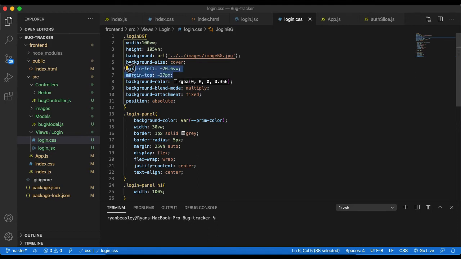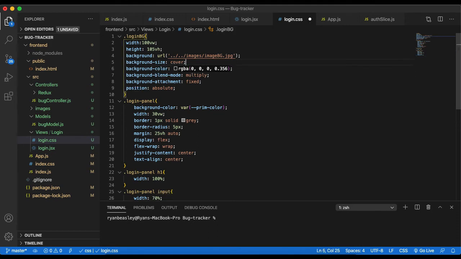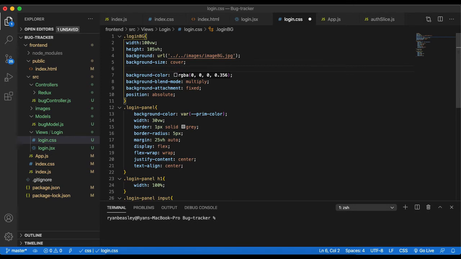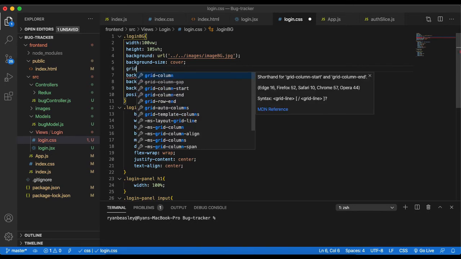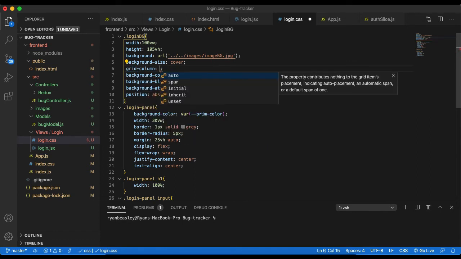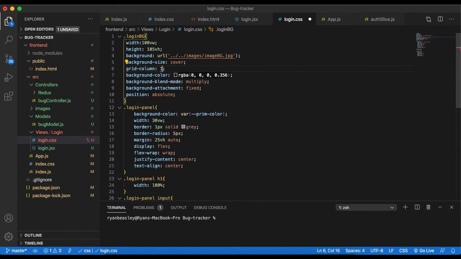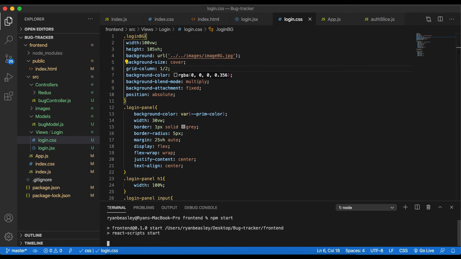And then if we quickly go into our login page and we go to the background, now if we delete the margin, because we don't need any of that, and we set the grid column to be 1 and 2. Now if we save that and we go into the front end folder and we run that, we should have roughly the same. But whilst that's starting up,